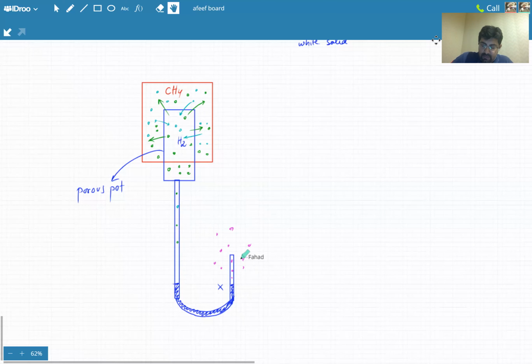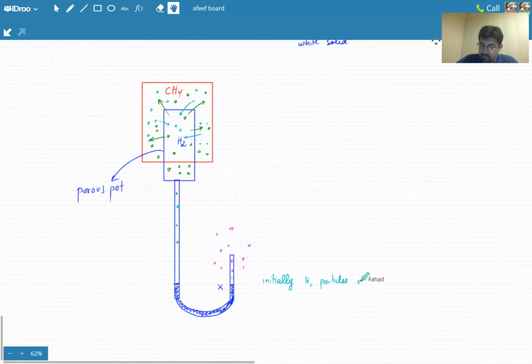So we're going to write an explanation for this. Initially, what happens is, right at the beginning, the green ones, which are H2 particles